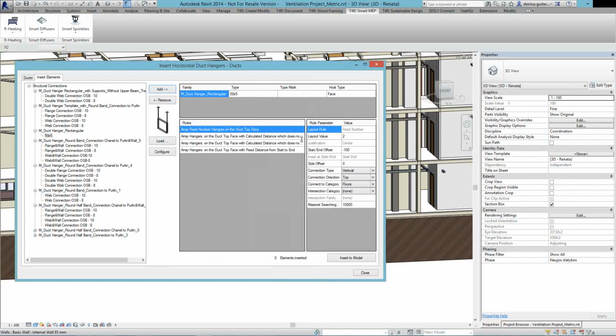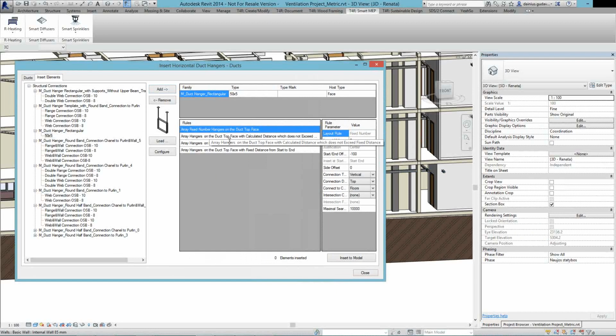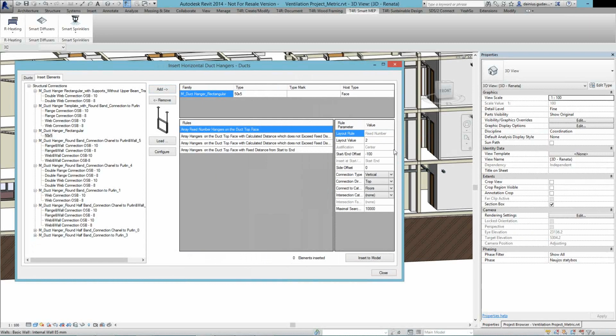These rules, you can read the namings of these rules and just understand what they're used for, and I will just array them by fixed number. For example, I want to put 2 hangers on each duct, and I will just offset them to the center by 100 millimeters. I can enter a smaller number, for example,